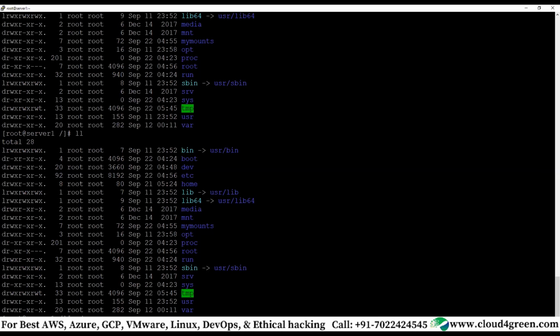It could be that you have formatted it, added it, put it in the fstab, and then you delete that disk. Your OS will not come up. Before deleting the disk, delete the line from fstab. If the fstab entry is not there, it will not automatically mount. You can shut down the VM and then delete the disk from there, and you can add a new one. Because if the original disk is there, it will again recognize the partition.